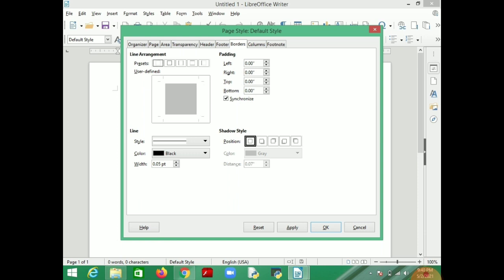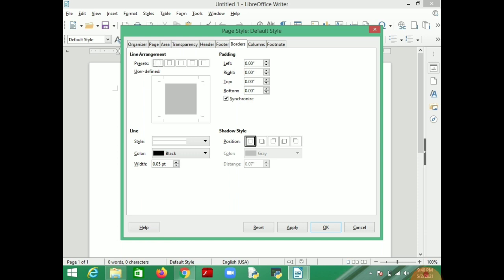So border styles, color of the border, you can choose the width of your line, and position. Shadow styling also: you can do a shadow style, gray or some other color you want to make the shadow of your boundary.